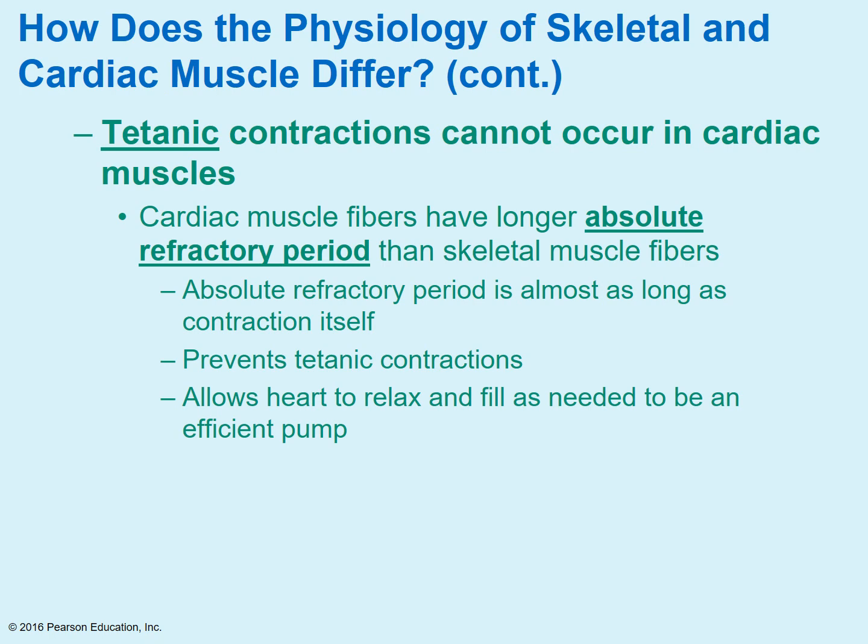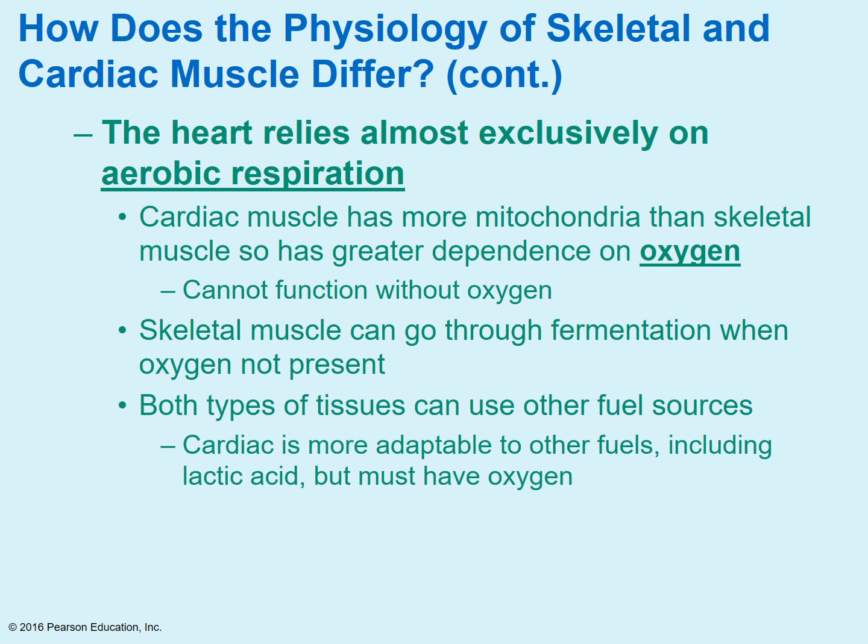Tetanic contractions cannot occur in cardiac muscle. The cardiac muscle fibers have a much longer absolute refractory period than the skeletal muscles do. It prevents any type of summation of contractions from occurring. It's allowing the heart to relax and fill up so that it can act as that efficient pump. You don't want it to just fill up halfway. It's giving enough time so that it can fill up completely when the next contraction occurs and for it to